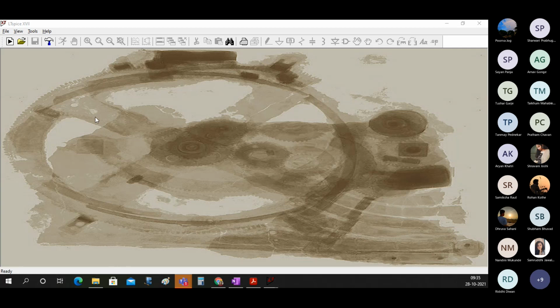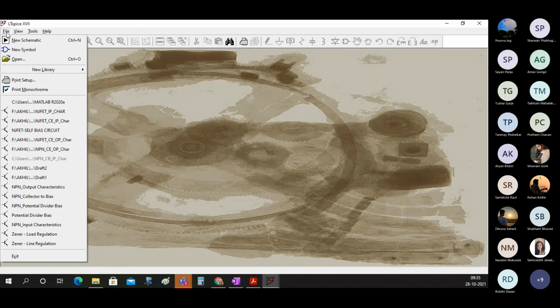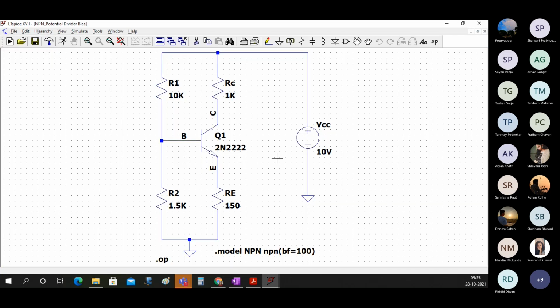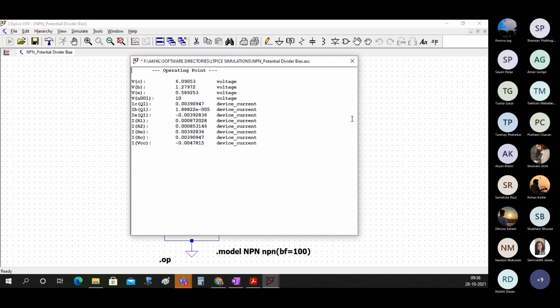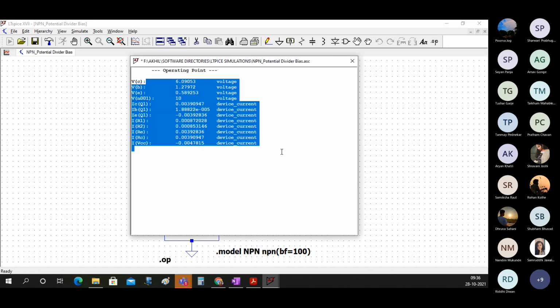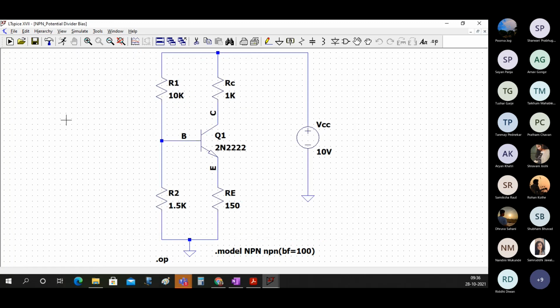So just listen to this carefully first. What was our approach? We used to open a schematic file and then we used to do something on that. So let's say that we had some potential divider bias circuit. We used to run this and we used to see the operating points and so on.